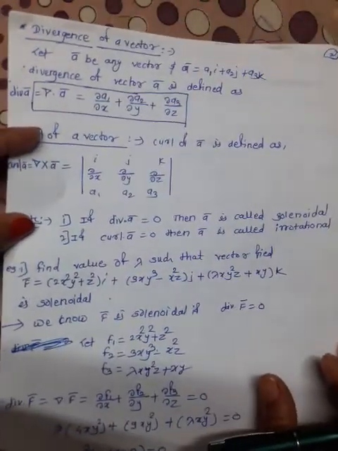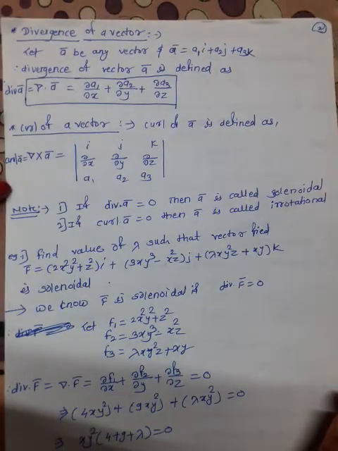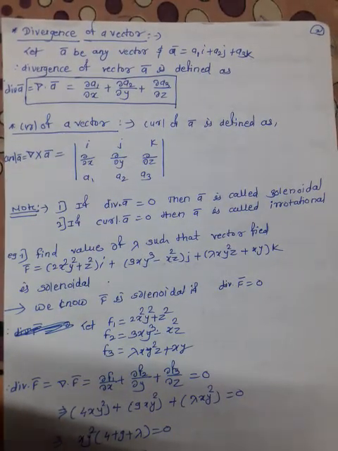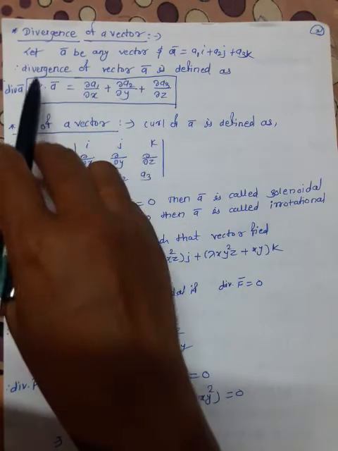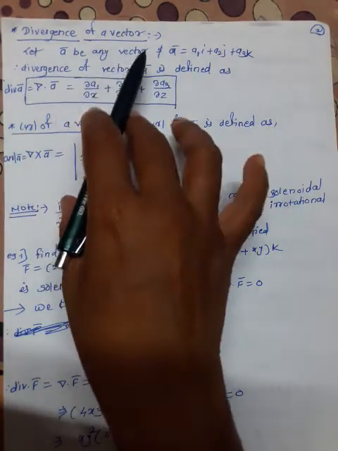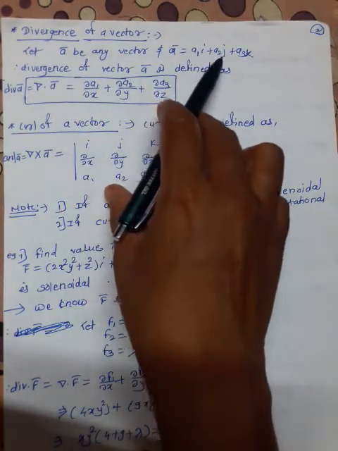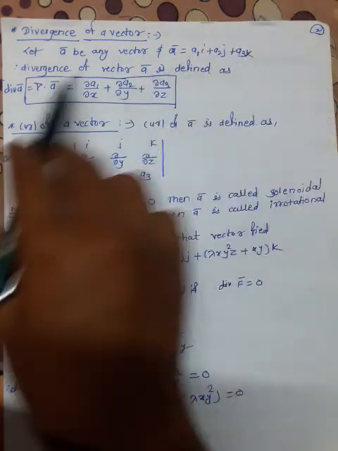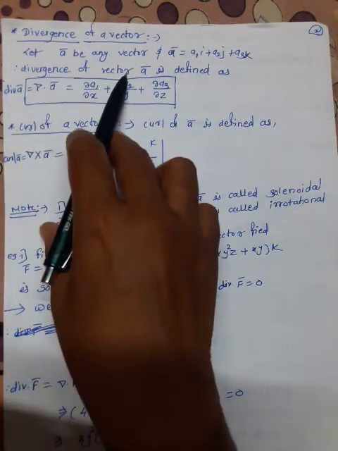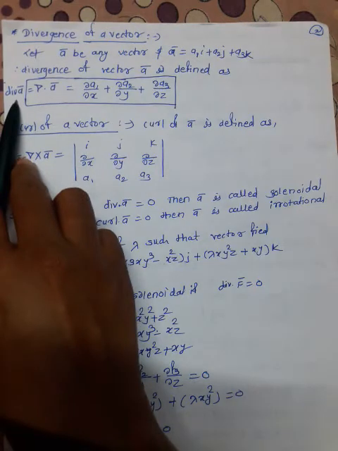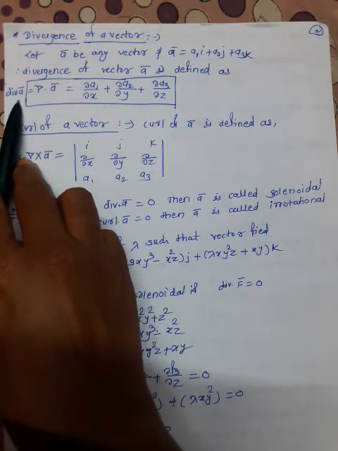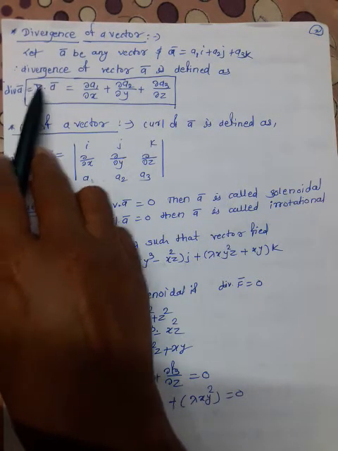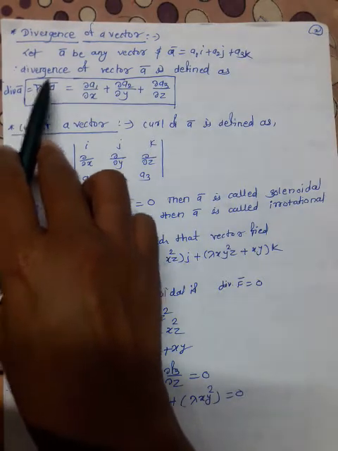Now let us see the next definition. Divergence of a vector. Let a bar be any vector such that a bar is equal to a1 i plus a2 j plus a3 k. Then divergence of a vector a bar is defined as divergence of a. In short, it is written as div of a bar is equal to del dot a bar,